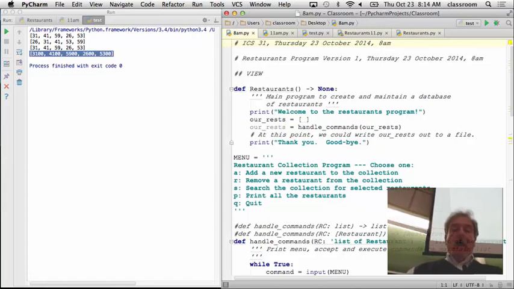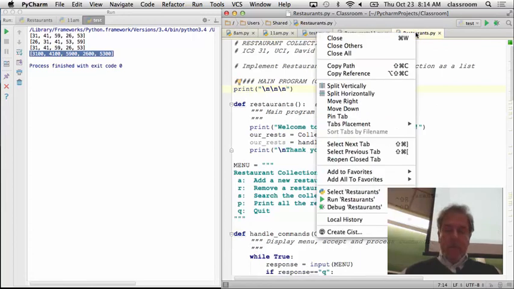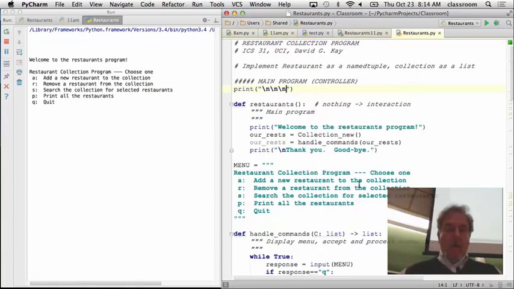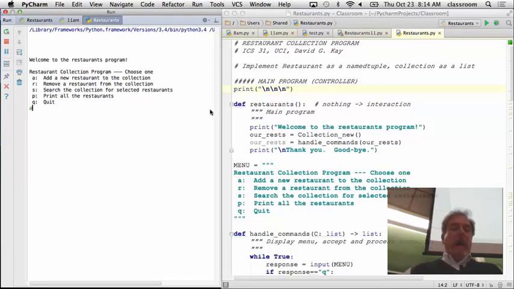All right, so if you remember from last time as we left off, we were writing this restaurants program, which starts with an empty collection of restaurants and lets the user add restaurants and then search for them and remove them and print the collection. And so you can remember what it is that the program does. It prints out a menu, add a restaurant,